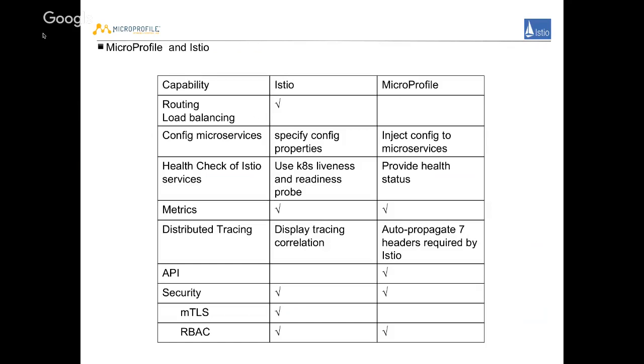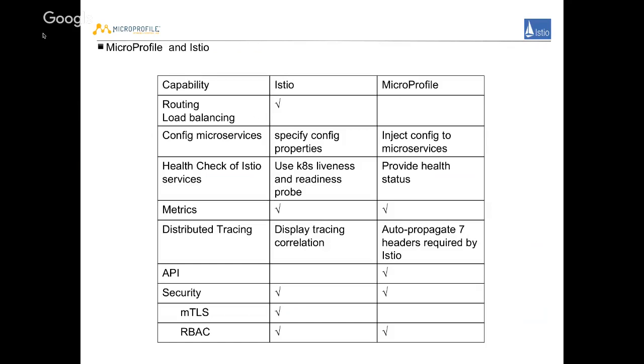However, it's not every case where all these trace headers are propagated; for the rest of the client they were not. However, in the next release version of the MicroProfile REST client, we are adding that support. So basically, I want to give you the impression that when we work on the MicroProfile specifications, we have a bigger picture, which is the service mesh. We want to define the best programming model for these microservices to perform well in the service mesh.